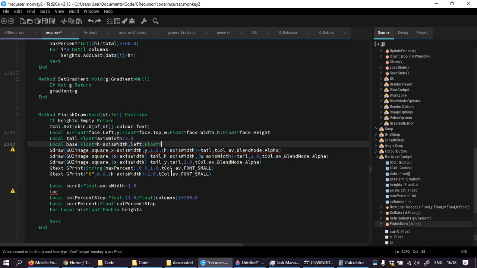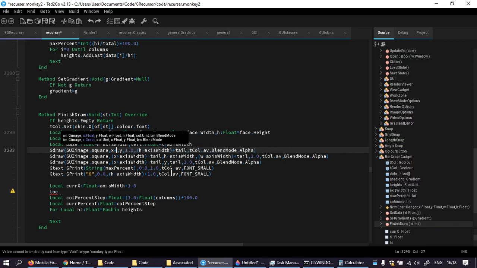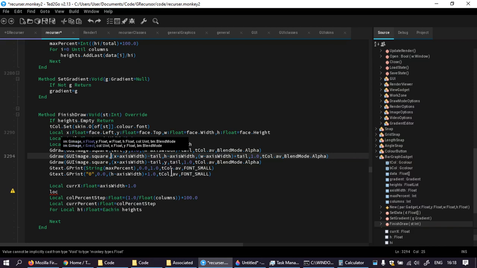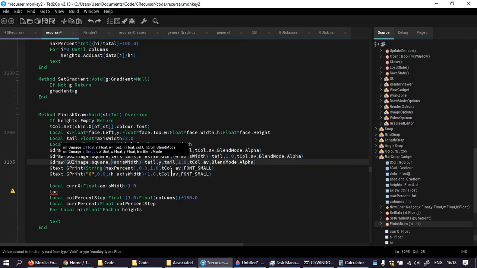Left equals x plus axis width. So can I use left? I don't know. Left minus tail. Left